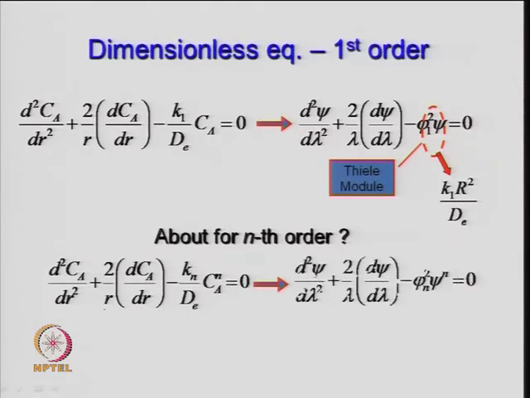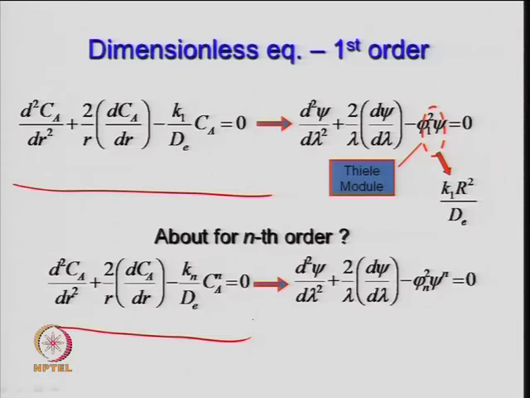So, for any nth order reaction, one can write minus r_A is equal to k C_A to the power n, and that differential equation is in the form of this k times C_A to the power n, and we have divided by the diffusion coefficient. So, finally, the differential equation can be written either in this form or, for nth order reaction, in this form. Now, the solution, as I discussed, can be done numerically, right, using mathematical tools, or analytically. Just a typical solution we were discussing for analytical.